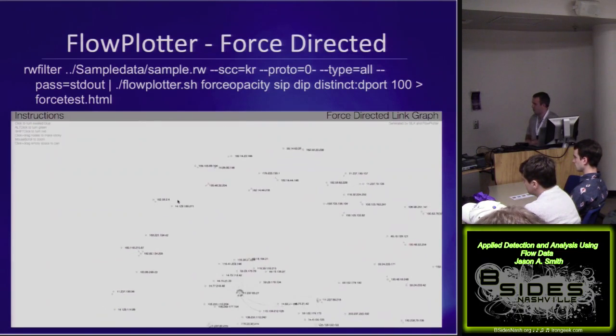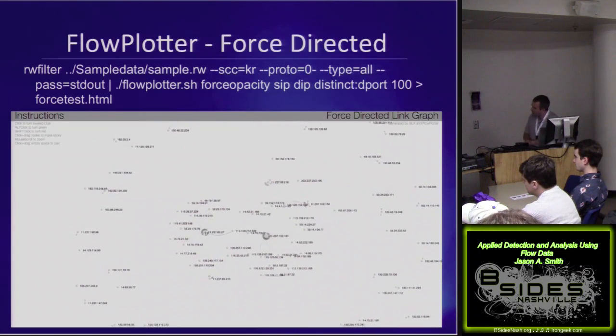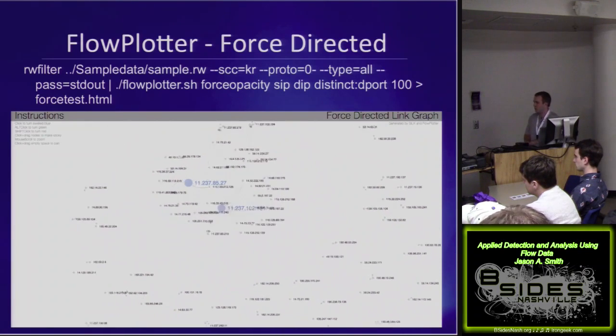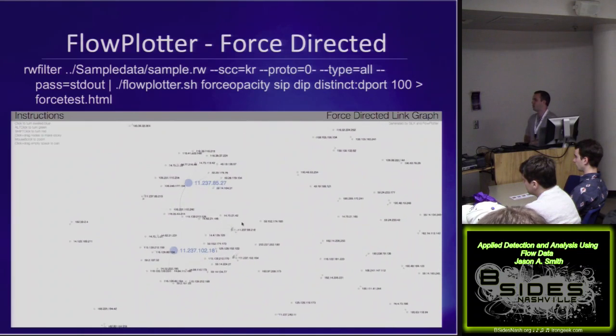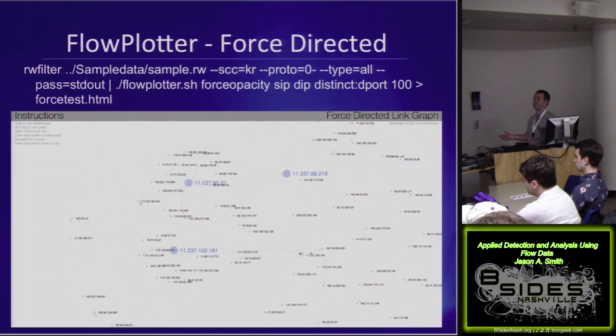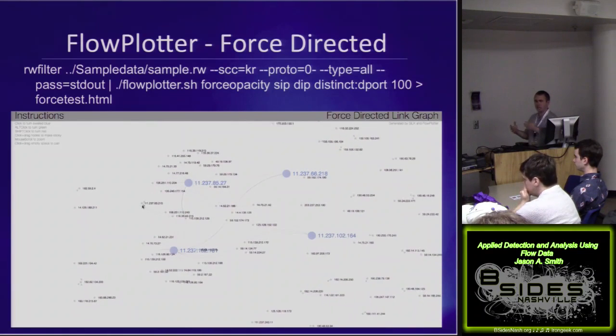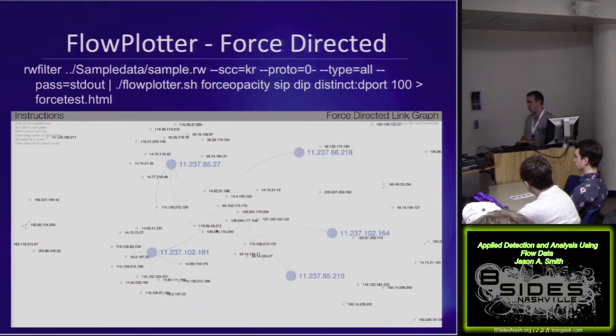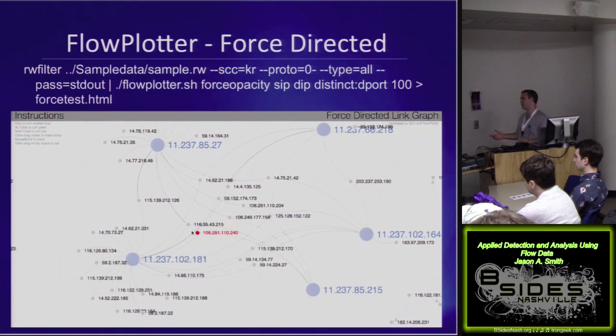So here's your force-directed chart, which a lot of people hate on, a lot of people love it. I don't ever recommend this for the use of detection at all, but more so that you can say, hey, coworker, come check this out. I have this thing in my head that I want to describe to you, but it's really hard to do without drawing it on a whiteboard or without showing you this. And so it'll allow you to kind of output a set of data and say, oh, who's talking to who,